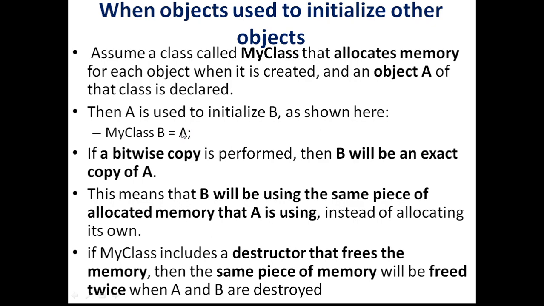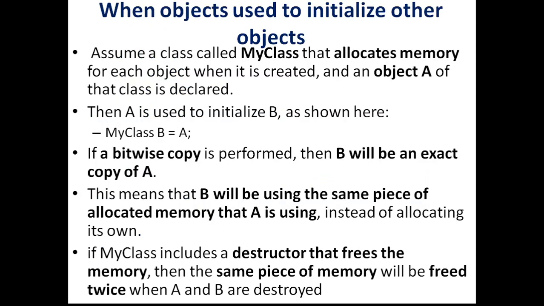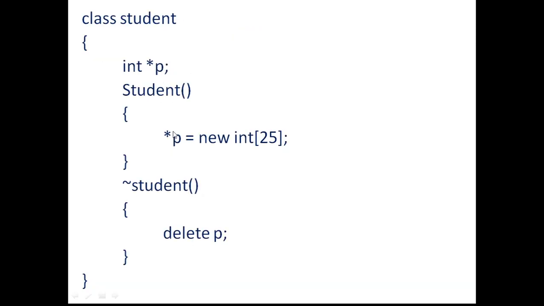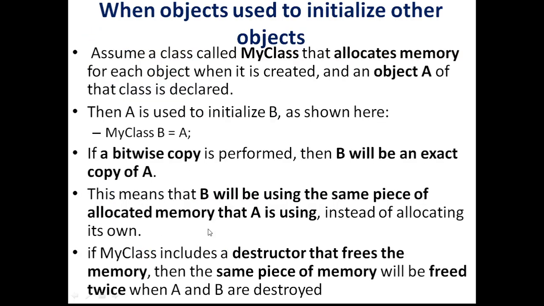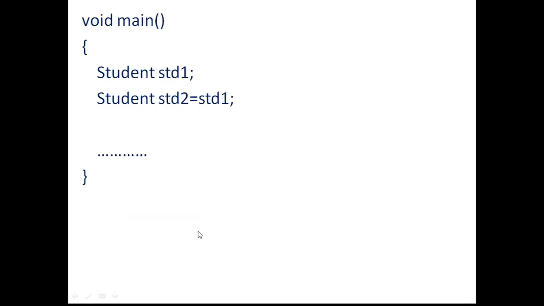And here also there is a problem only in a particular condition, where the class myclass contains a constructor which initializes memory, like this. It initializes memory and the destructor releases that memory. So in the same situation we are going to experience the same problem. Whenever the class contains a constructor initializing dynamic memory and a destructor which is releasing or deleting that memory, we are going to have a problem. What is that problem? I'll just show the demo.